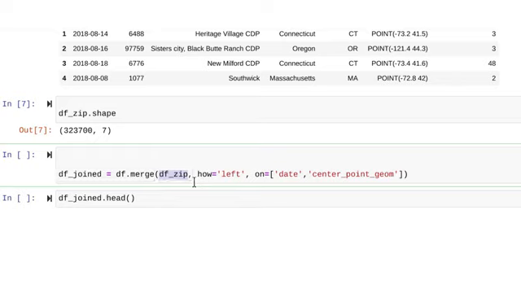Next, fill in the parameters for the merge, including how equals left followed by a comma. Finally, input the last parameter, on equal sign followed by two column names, date and center point geom. These two parameters, how and on, tell Python which way to join the data.